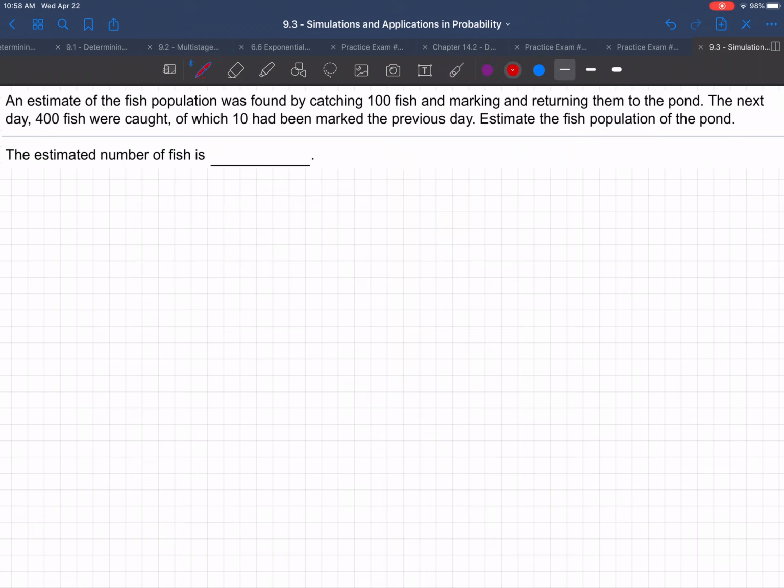Okay, this is a famous method that is actually used by biologists to count the number of fish in a lake. It's also used to count the number of deer on a mountain or the number of rabbits in a field. So this is a biological method used to count animals very often. So how does it work? It's basically called the